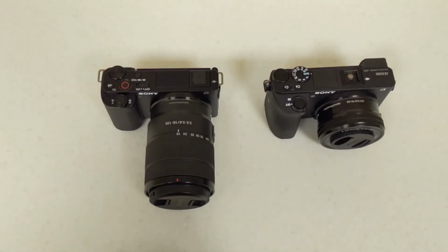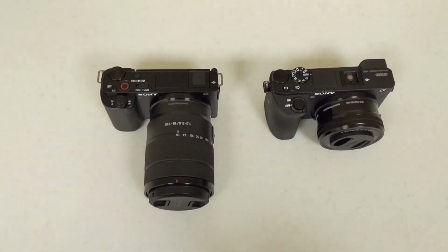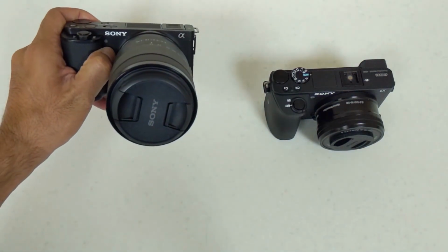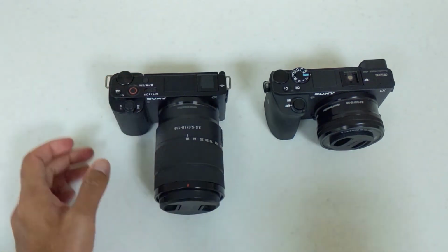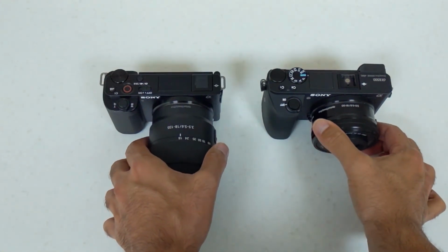Let's try and gain some of that focus back. There we go. This also has a recording light, and when you're recording on the screen, it also shows a red border. I'm sure you've seen all of that, but my main thing here was to show the differences and to explain